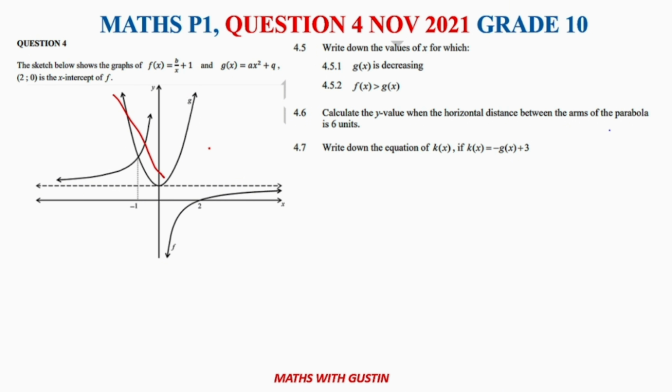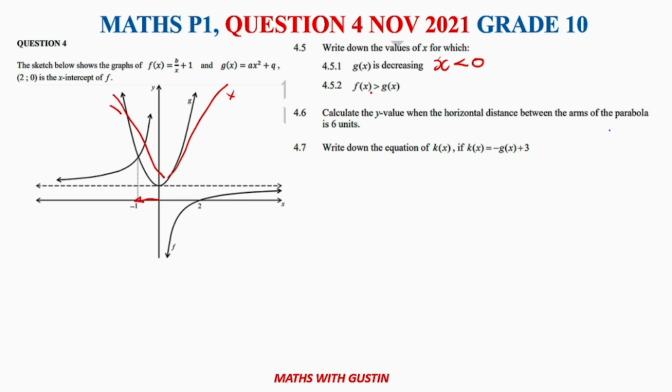Then when it's going up like that, it's a positive gradient, negative gradient. Therefore, for these values going that side, which is x less than 0, it simply means g will be decreasing. So now